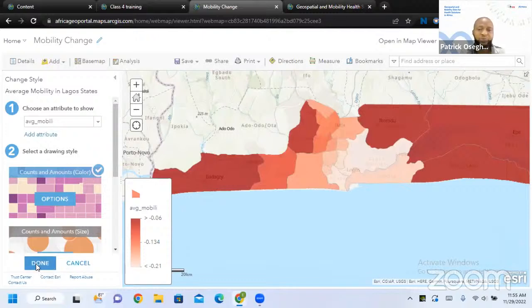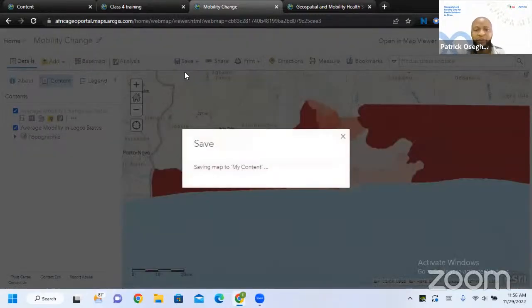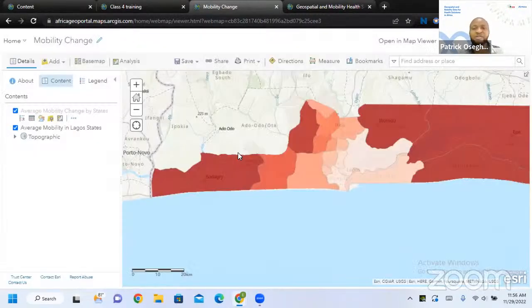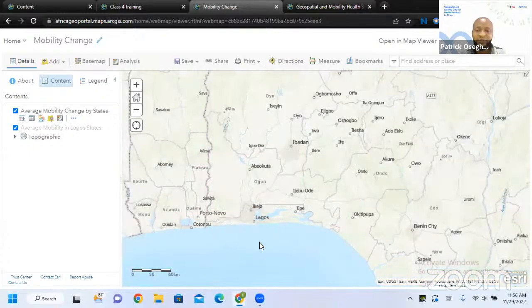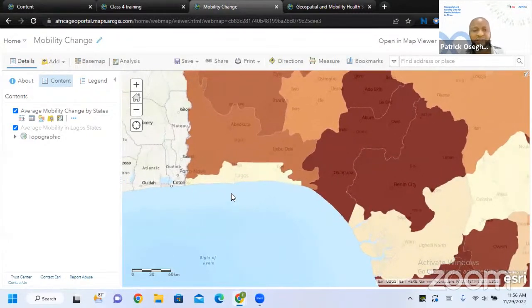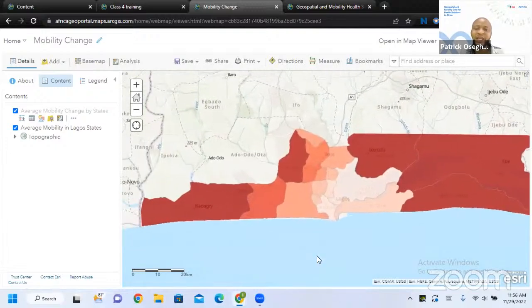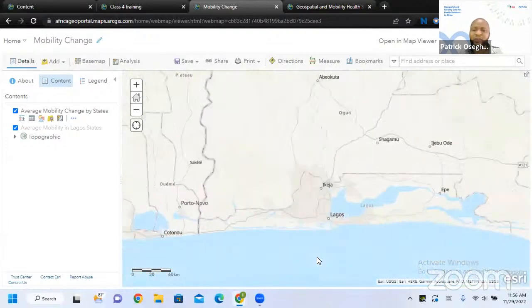And this map, you can style it and you can share it with a story map. Just try and explore the platform. There are story map, smart map, and all that. You just try and do the exploration and you will see the good work that is happening behind this platform. It makes visualization and geospatial analysis easy, and you'll be able to share your content in a very short time and you are ready to go. You see the way I move, somebody looks at it and wonders, how did the first one appear?